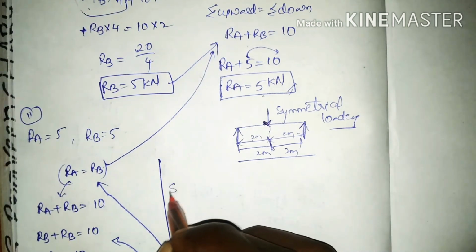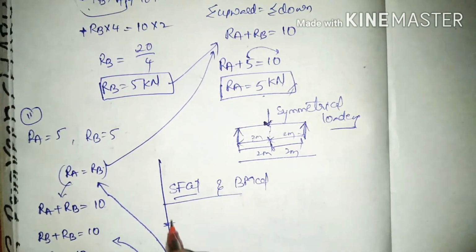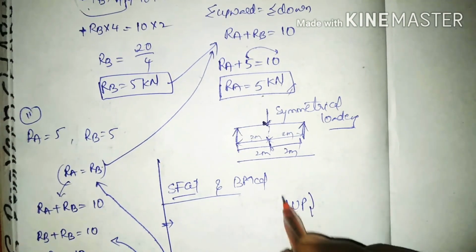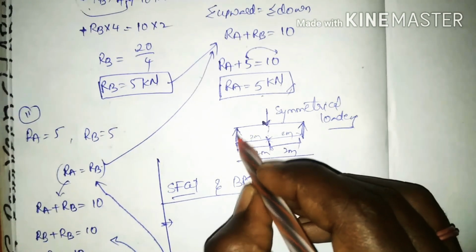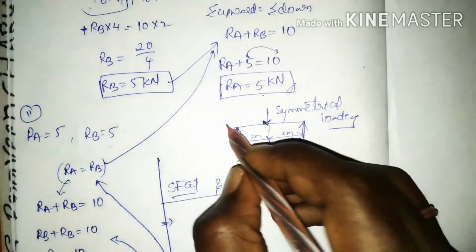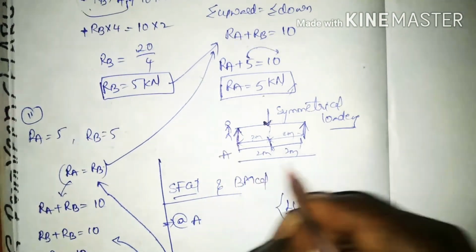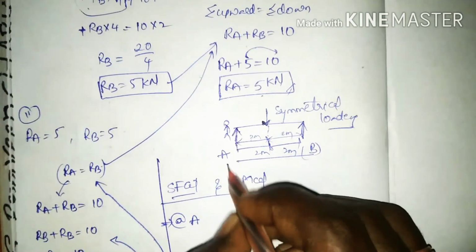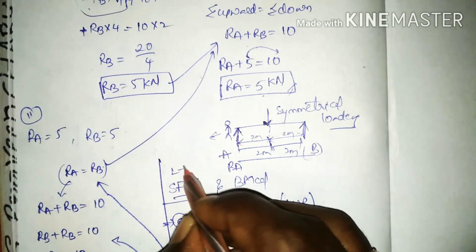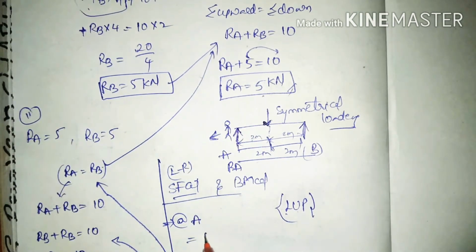Next, shear force calculation and bending moment calculation. For the shear force calculation, left is positive. Here, this is the left side of the load, so when I stand here at A, this is A, this is B. At A, I don't find any type of loads while looking to the left side. I am taking from left to right. Looking at the left side, I don't find any loads, so I take 0.